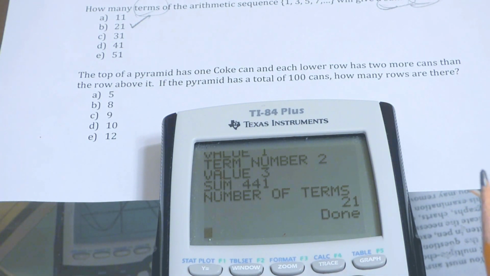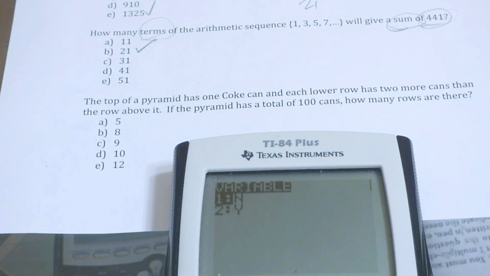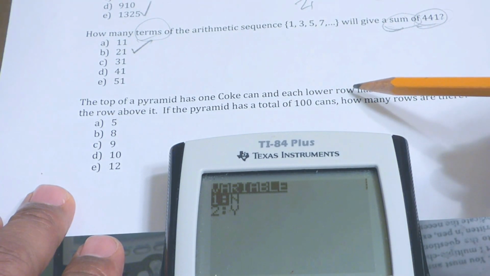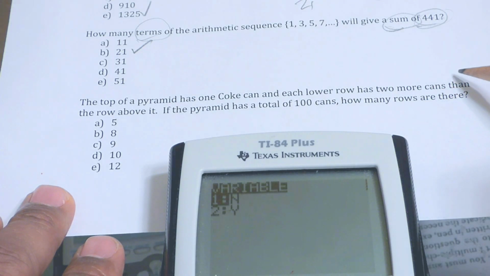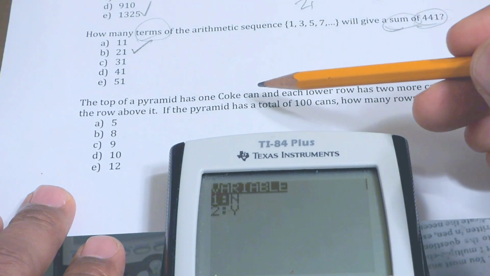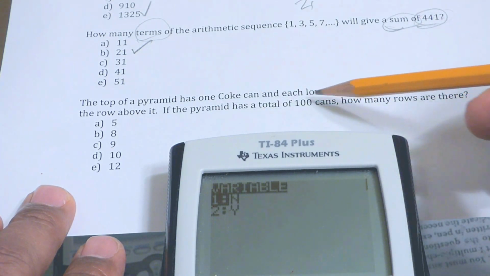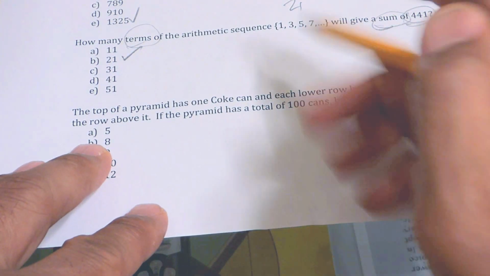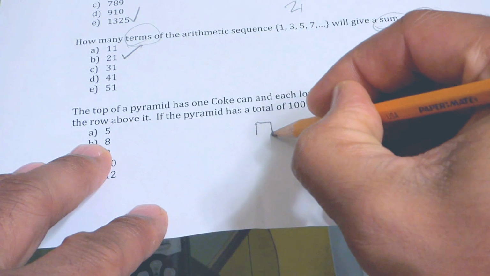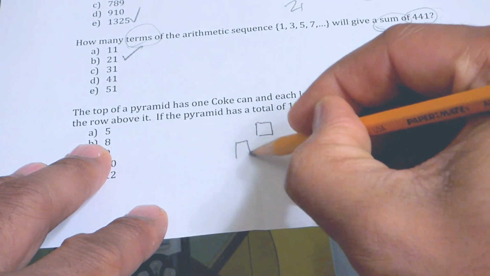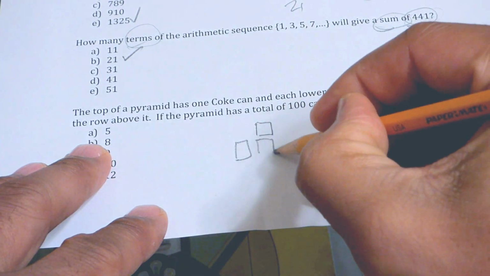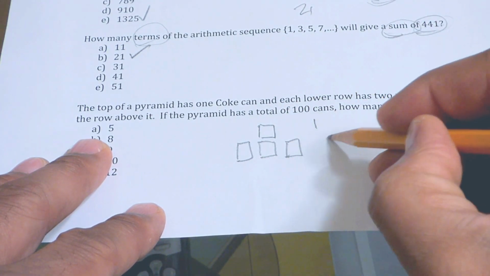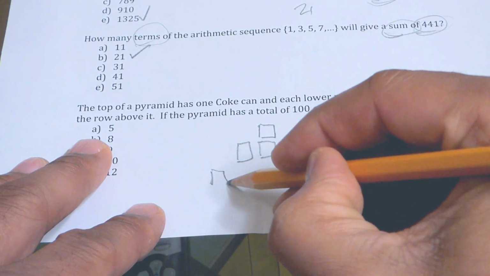Okay, so the next problem. This one says, the top of a pyramid has 1 Coke can, and each lower row has 2 more cans than the row above it. If the pyramid has a total of 100 cans, how many rows are there? Let me first draw this so that you can have an idea. So we have a Coke can here, and then we have 2 Coke cans here. Then we have 2 more Coke cans here. So this row has 1, this row has 3, and then we would go, okay,